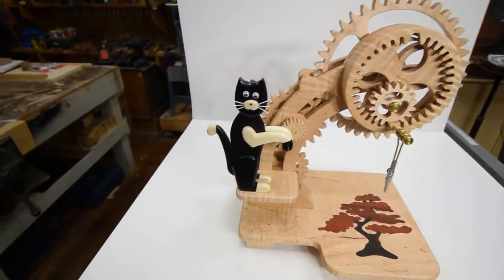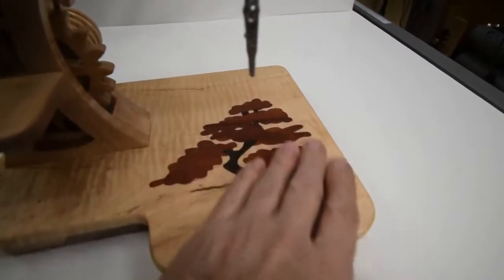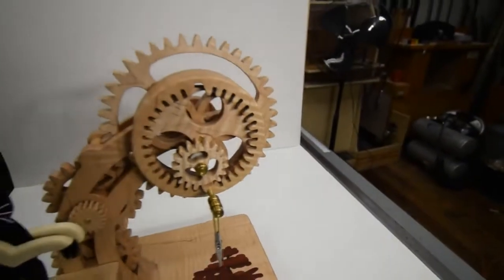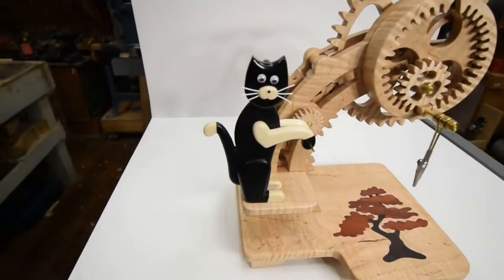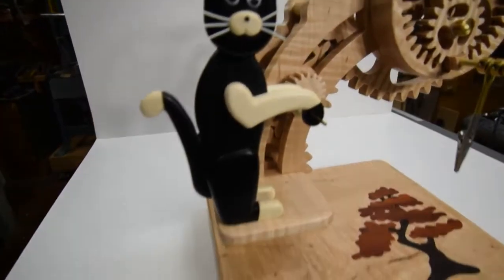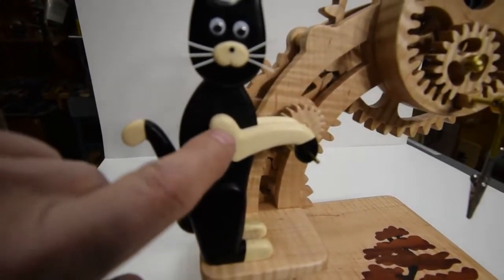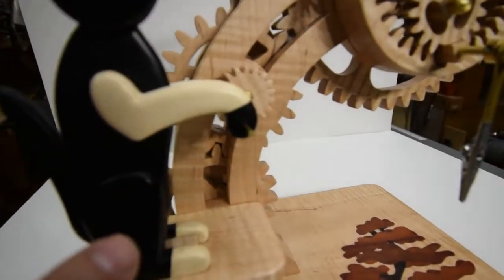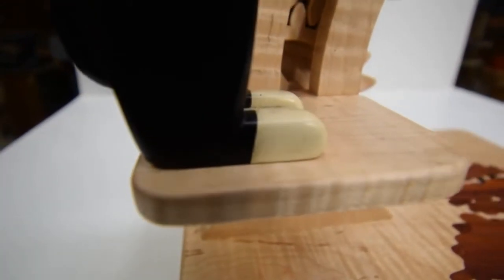The cat, after having done the inlay in different colored species and having the curly maple everywhere else, I didn't want to paint. So what this cat is, if you look closely, it's the darkest gaboon ebony and holly. And what I've done is I've just joined pieces of different color wood,